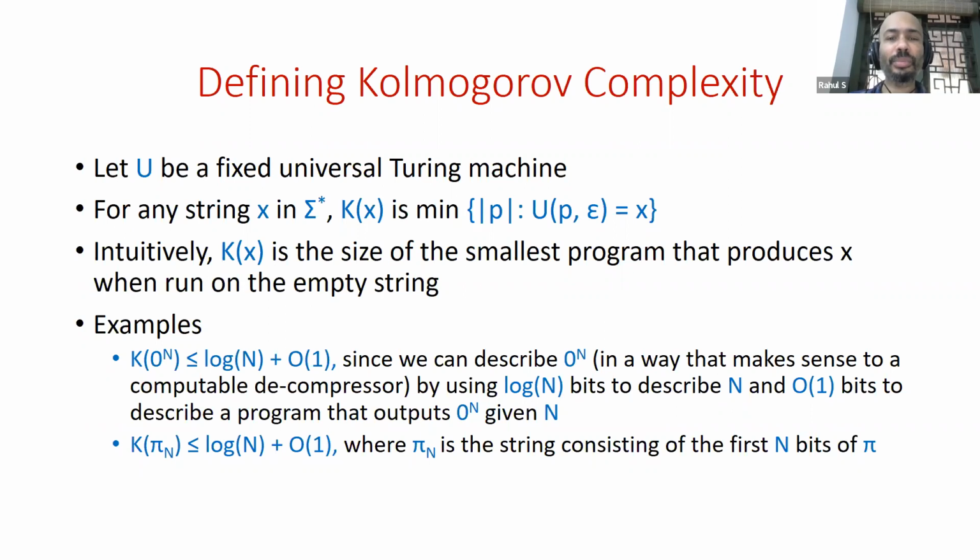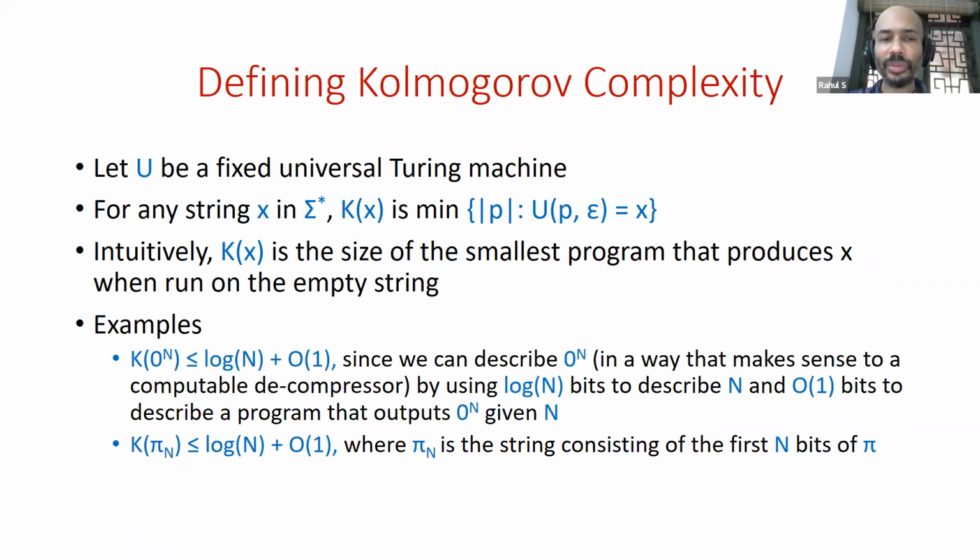So that's a fixed length, fixed size program, which given n in binary, transforms it to a string of n zeros and outputs that. And if we describe that program together with n, then we'll be able to get 0 to the n, right? So as we want, K of 0 to the n is fairly small in general. And for special kinds of n, it could be much, much smaller, because it might turn out that n itself is very, very compressible. In that case, it will be much smaller, but in the worst case, it'll be at most log n plus order 1.